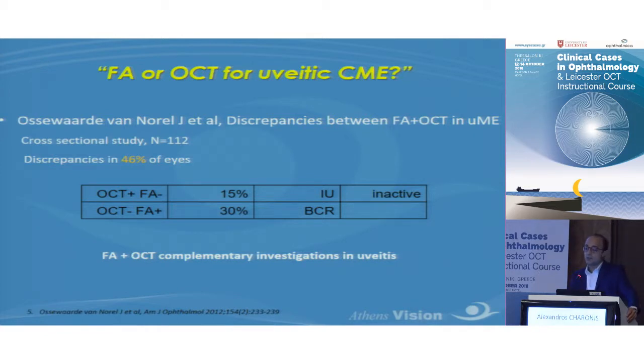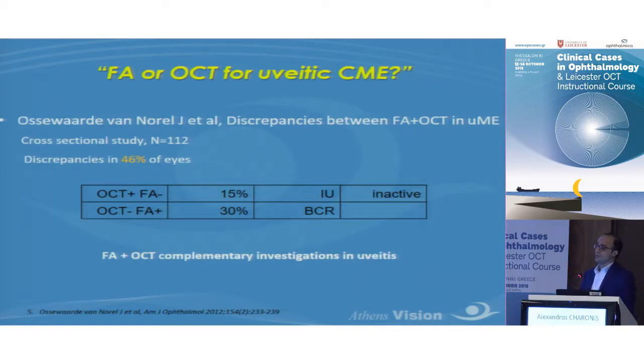So these perhaps do not have what we call active inflammation, what we call quiescent uveitic macular edema. And this raises issues about what's our best treatment modality in these patients. And the other group of patients, 30% of them, had no thickening in the OCT, yet they did have leakage in fluorescein. So perhaps they did have some vasculitic activity without real structural damage. And a lot of these patients were interestingly birdshot patients. So again,